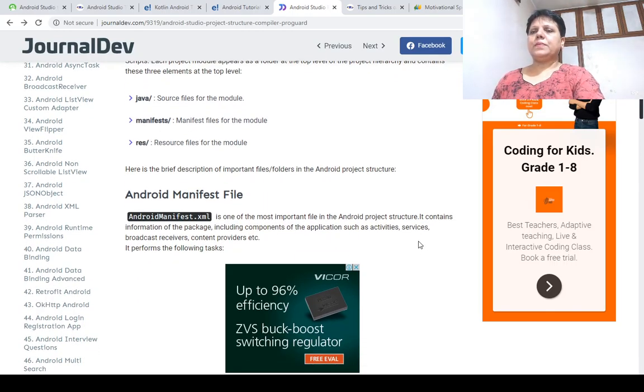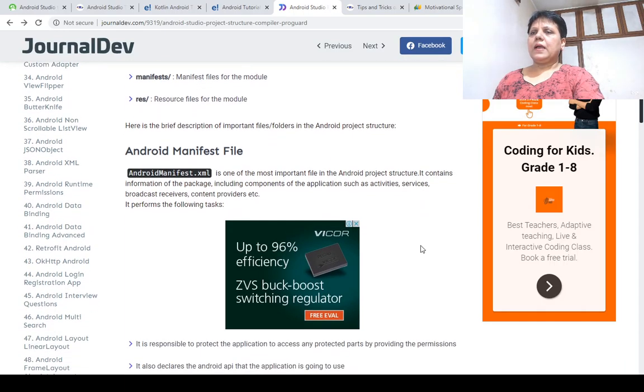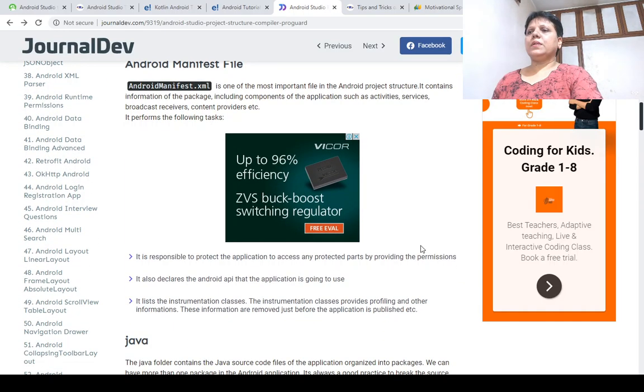These four main components are available in Android. The Android manifest is a very important file in the Android project structure, and it contains information of the package including all the components.